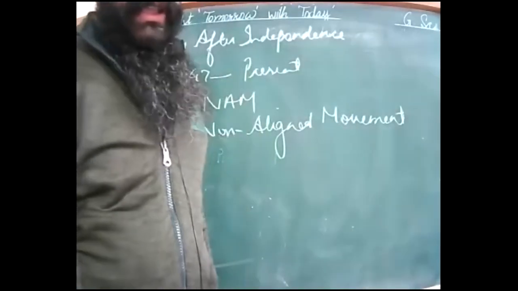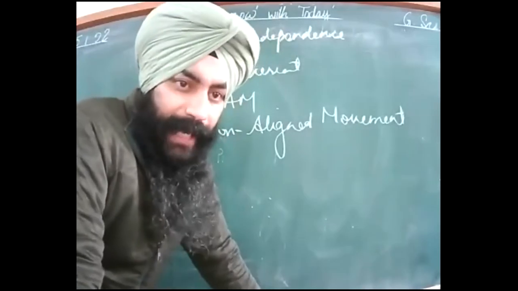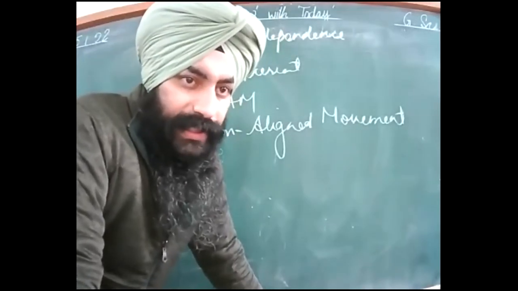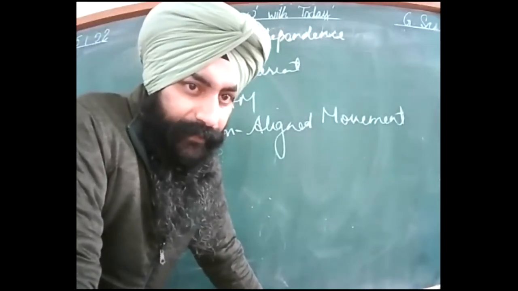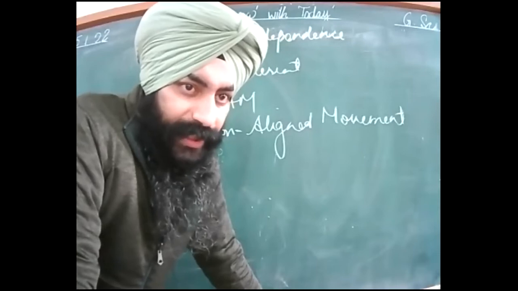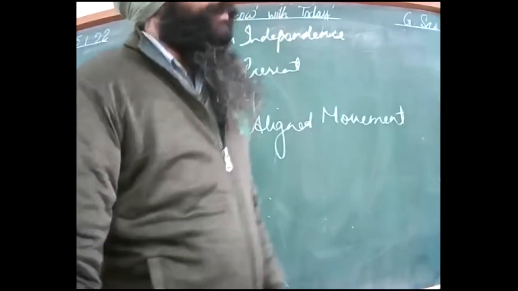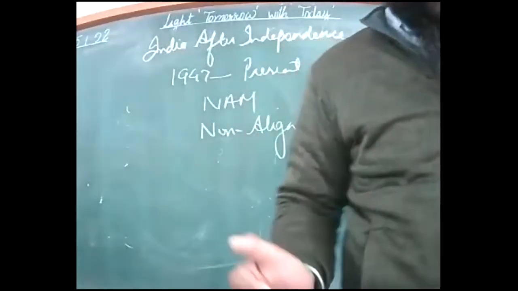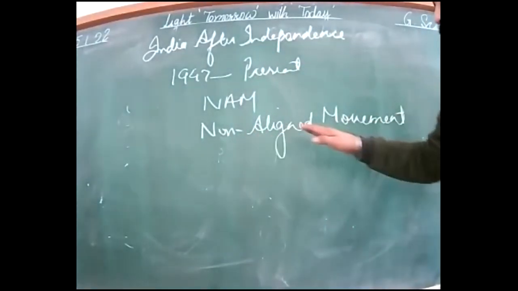So in all these situations, India became neutral throughout the last 75 years. That's why India is now in a better condition, and our economic pace, the pace of development, continues in our country. Why? Because of the non-aligned